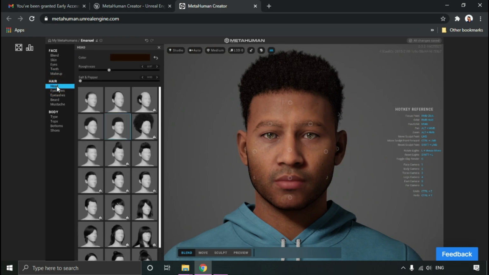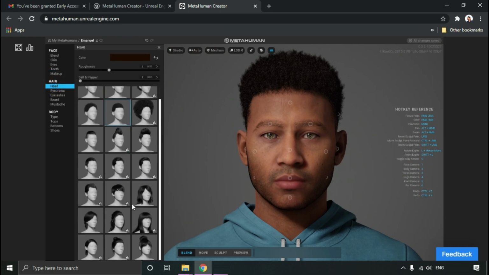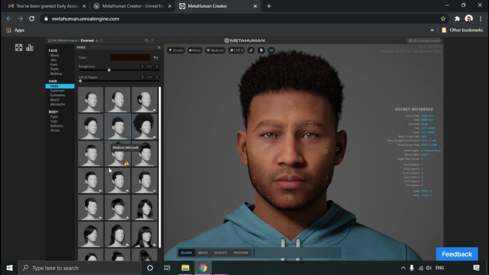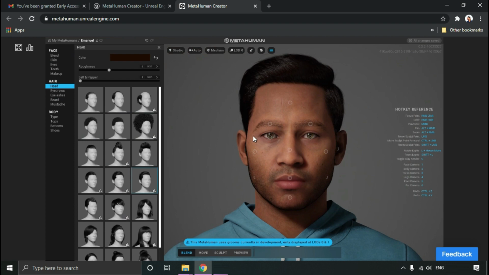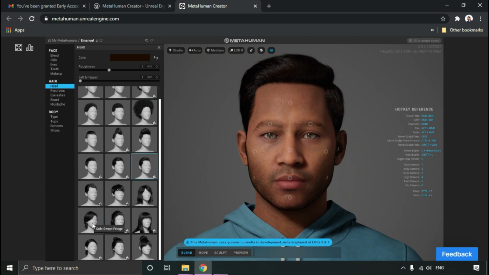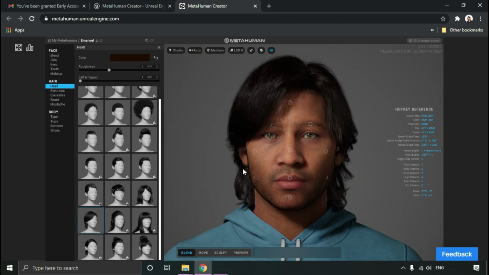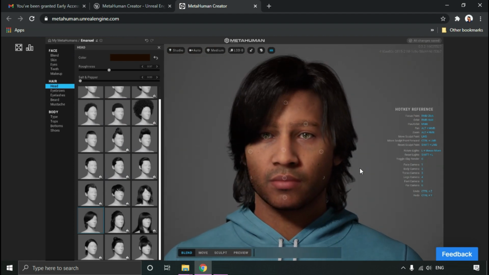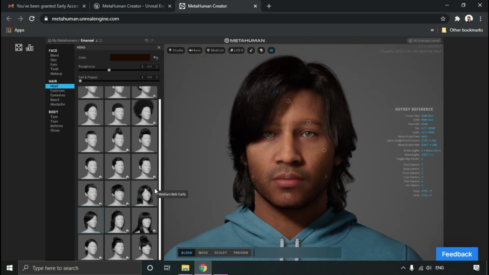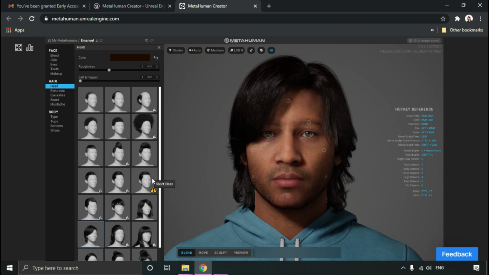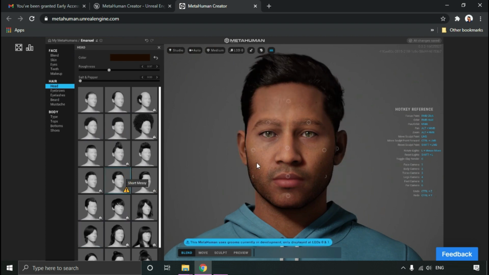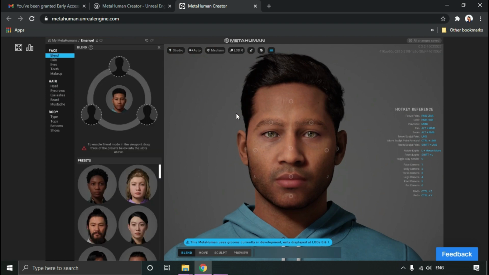We have our head here, and there are actually a lot of hairstyles. Just go for something simpler. Okay, this looks nice. Let's check about long hair option. The long hair is looking good also. I don't think the grooming works in this. No problem. The short hair was nice. Okay, so this looks nice.